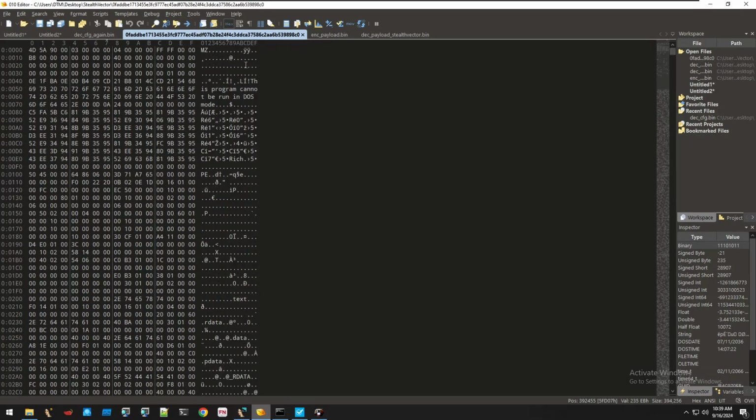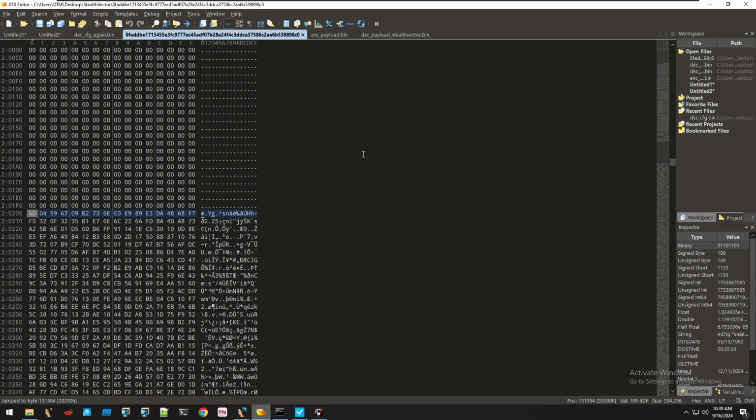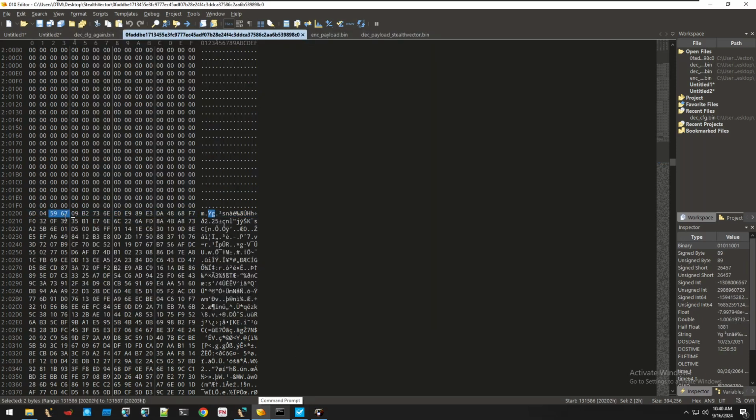this is our DLL. You can see the bytes: "This program cannot be run in DOS mode." Typical MZ bytes and DOS header string. Let me press Control G, and let's navigate to this offset here. And you can definitely see these are the same bytes that were detected by PE-studio. Again, 4D5A. Yeah, so these are the same bytes that were detected, stored in the overlay of the file of the